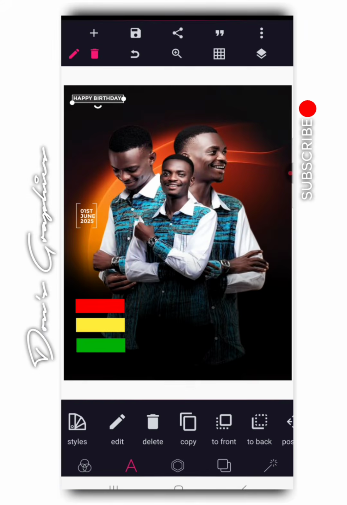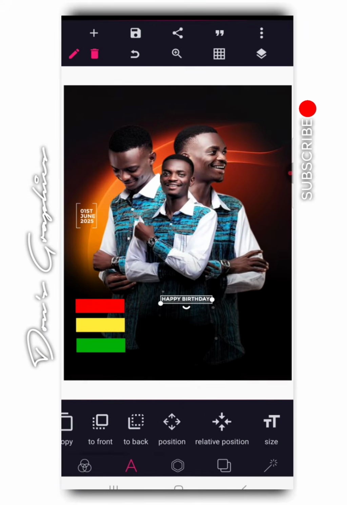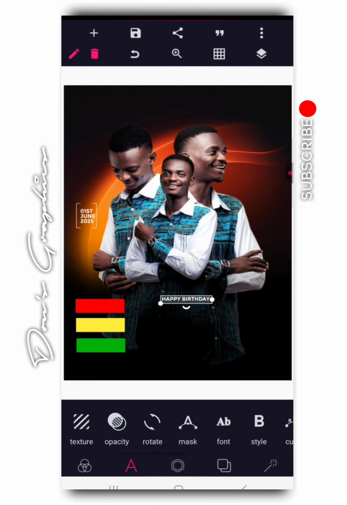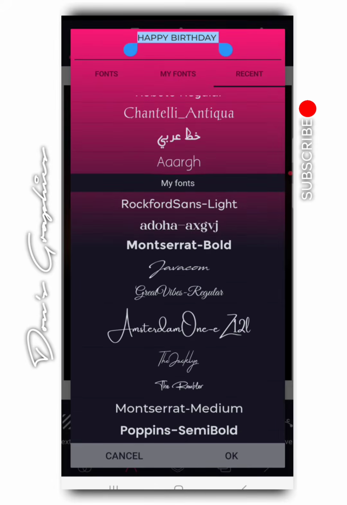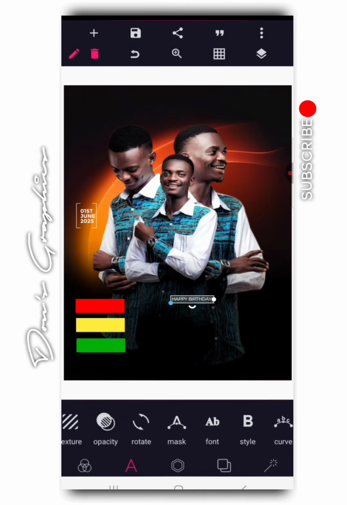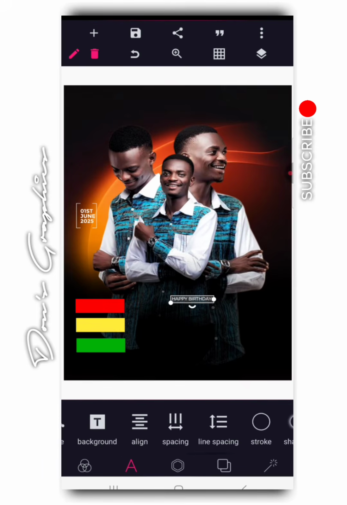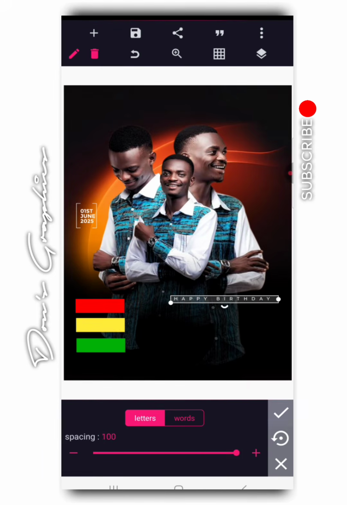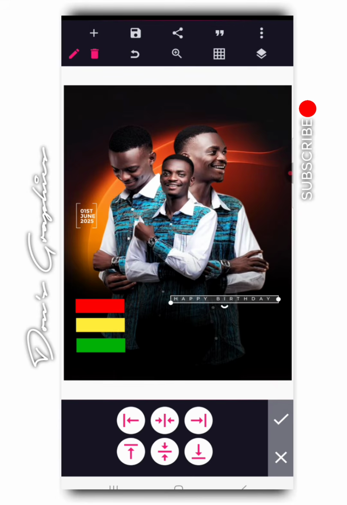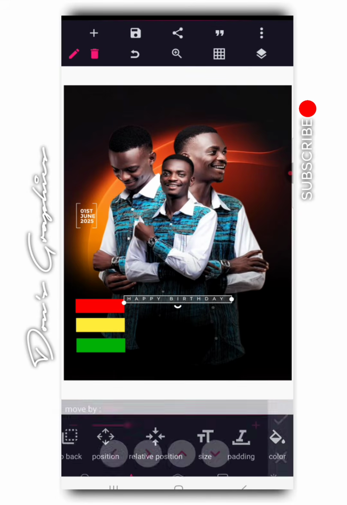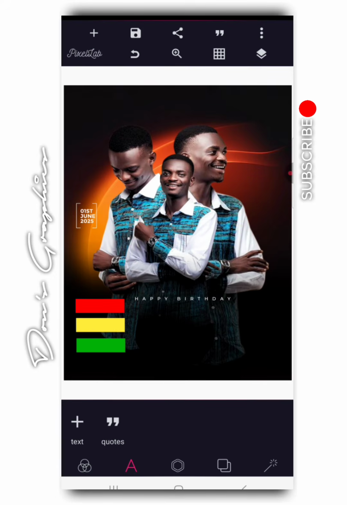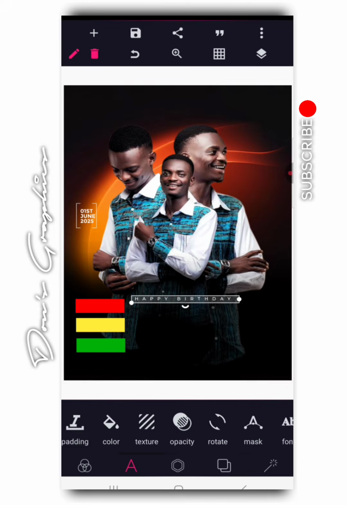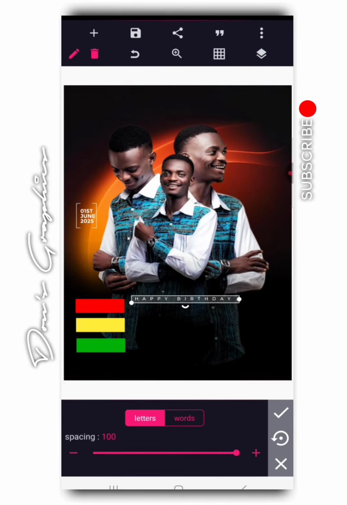So we have this. I am going to bring this right here. Then I would love to change the font to Picsart medium. Okay, then reduce it further in size. Go now to your spacing and space this out completely. After spacing it out, you can use relative position if you want, but let's go with the position bar. I think this text is too spaced out, so go back to spacing and try to step down the spacing